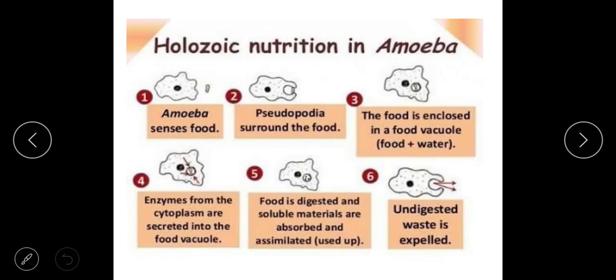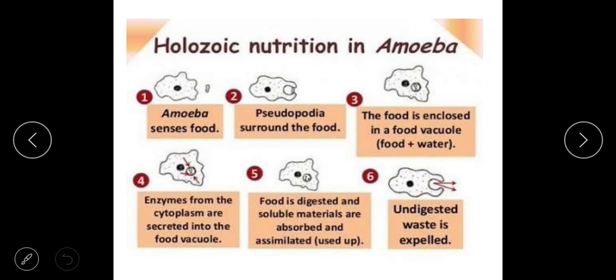Starting from the amoeba, which is a unicellular eukaryotic organism, it does not have any fixed shape, so it takes its food by means of phagocytosis. Phagocytosis means engulfing the whole solid particle in its body. How does it take food? As it senses the food, it shoots out pseudopodia from the two sides